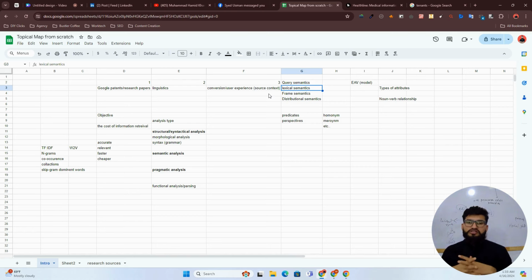So what you do basically, you get all the relationships around your specific context, or central entity, or your main entity or theme for which you're going to cover your content or build your topical map. Then you connect those lexical relationships with each other by following some patterns and by connecting with query semantics as well.